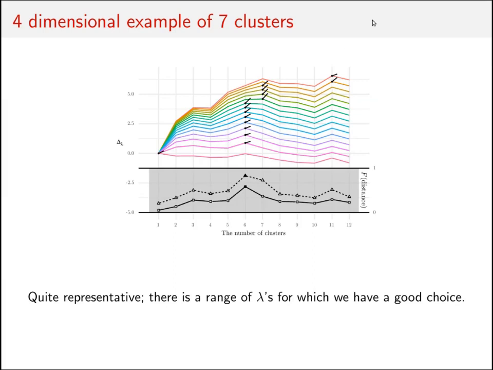Of course, you can ask, how to choose the lambda? The initial task was how to choose k, so now I replace the problem with how to choose lambda, and it's a good point. But this allows us to represent the whole thing graphically. Of course, there are other ways, some of them graphical as well, to choose the number of clusters in the k-means algorithm, like elbow methods. But this is another one in this vein.